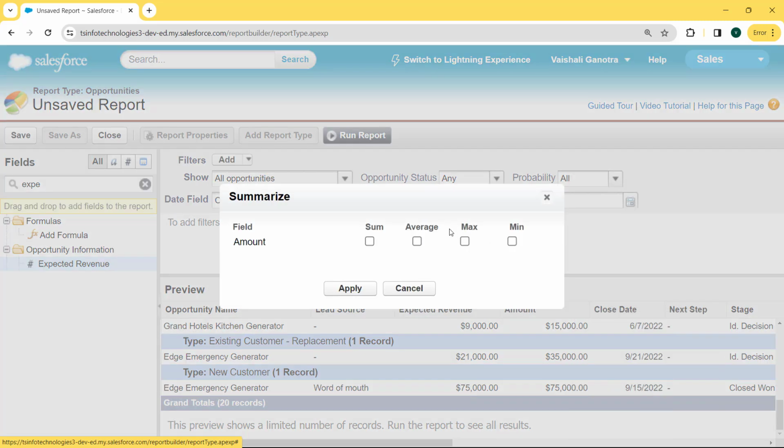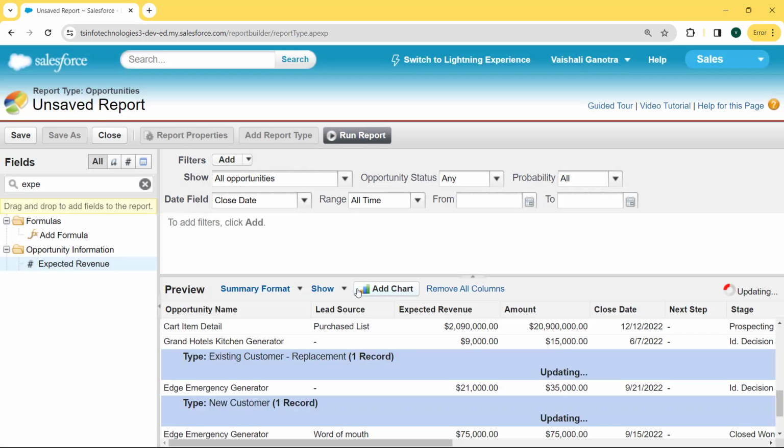Click on this option, and our summarize dialog box is open, and under this dialog box we can see that the 4 summary options for amount are present. First one is sum, second one is average, third one is max, and the last one is min. And here we just want to summarize it so we can have the sum of the amount. So click on the sum checkbox, and click on the apply button, and